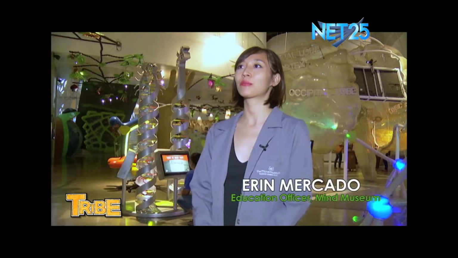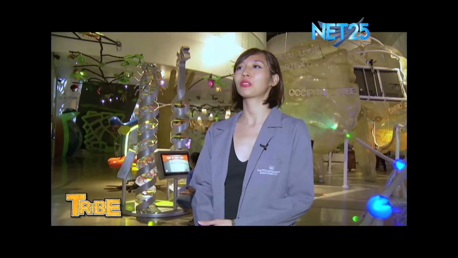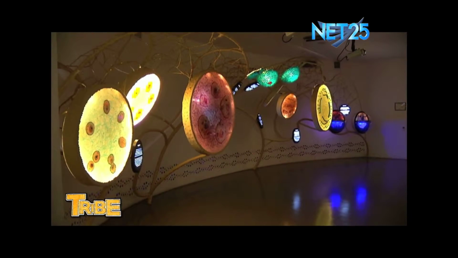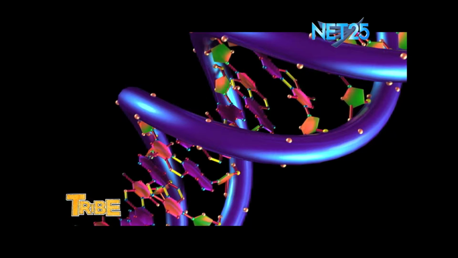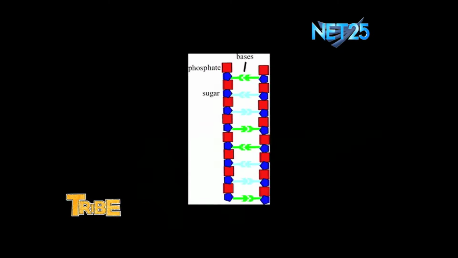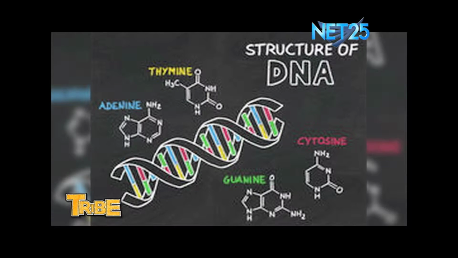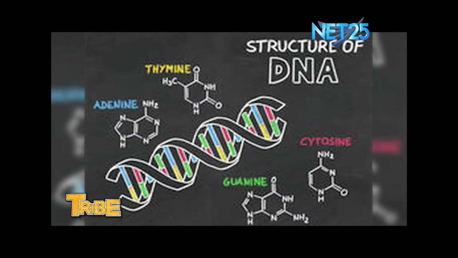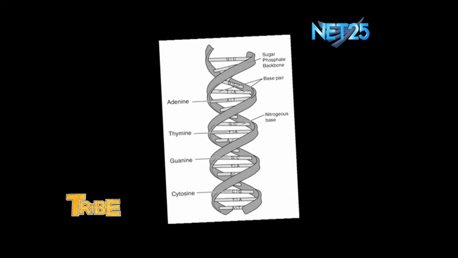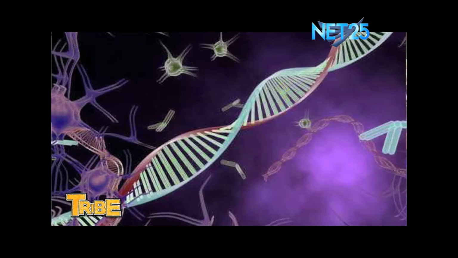So ang DNA or deoxyribonucleic acid, isa siyang molecule, it's a biological molecule na ginagamit to carry genetic information. So through this, life is able to propagate itself to the next generation. So ang DNA, meron siyang sequence ng mga nucleotide, okay? And then, meron siyang dalawang strands. So on the other strand, meron siyang mga complementary na bases. So together, you have this structure na double-stranded helix. So because of this double-stranded helix structure, it helps to explain kung paano siya nag-replicate at paano rin siya nag-transcribe